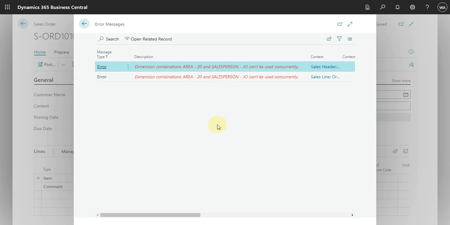So you can set up the system in a way that you can define if one dimension can be used or not. If you don't have any restriction, you just have to leave this setup empty. This is not mandatory. This is good when you see in your real life